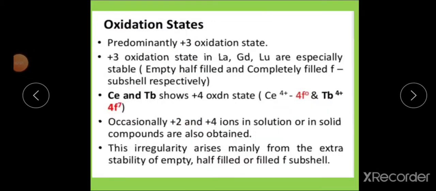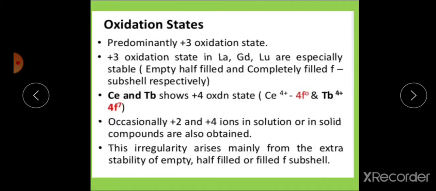The next topic is the oxidation states of lanthanides. The +3 oxidation state is common to all elements in the lanthanide series. Here 2 electrons from the s subshell and 1 electron from the d or f subshell are removed. In case of lanthanides, the 4f electrons are strongly screened by the inner electrons of the 5s and 5p orbitals. That's why some lanthanides show the oxidation states of +2 and +4 in their solutions or in solid compounds.